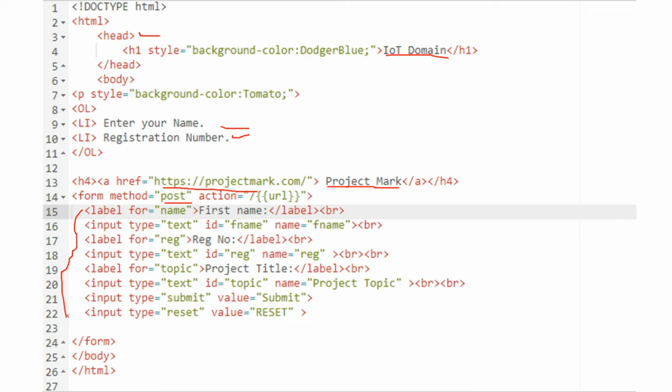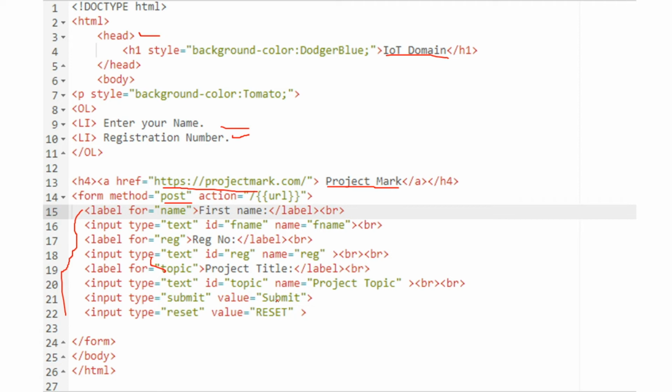And here we are going to use these types of inputs. The inputs can be a label, so the label name is name and the first name, followed by the next input type, text, then followed by a label, then text type for registration number, and for project title I'm also taking it as an input.